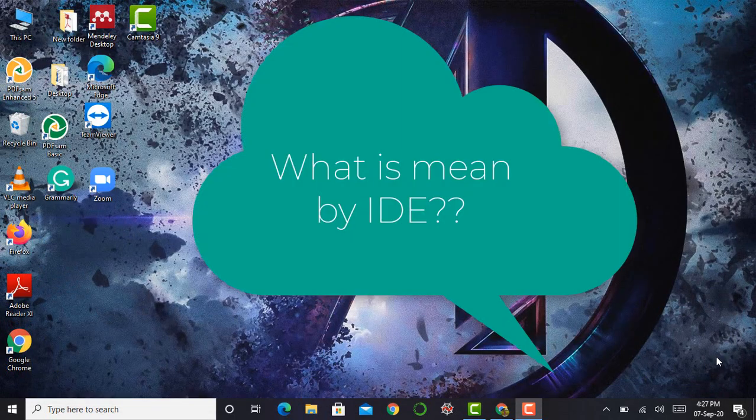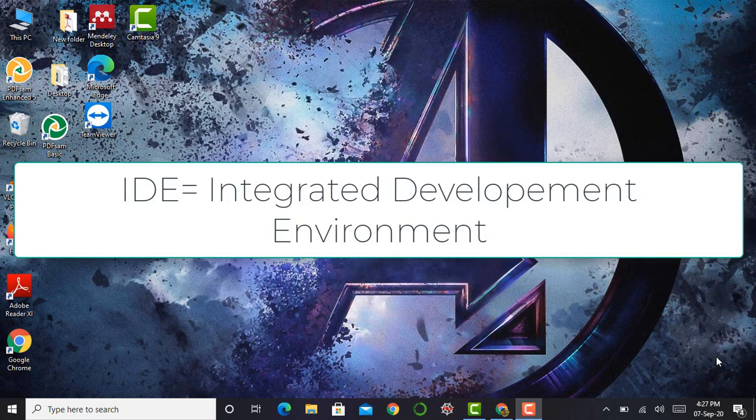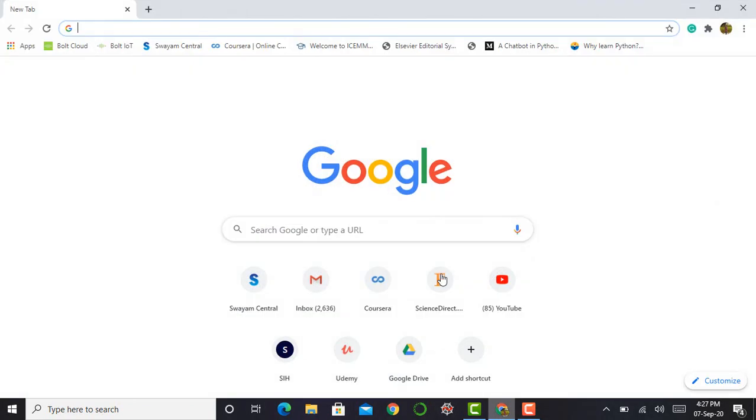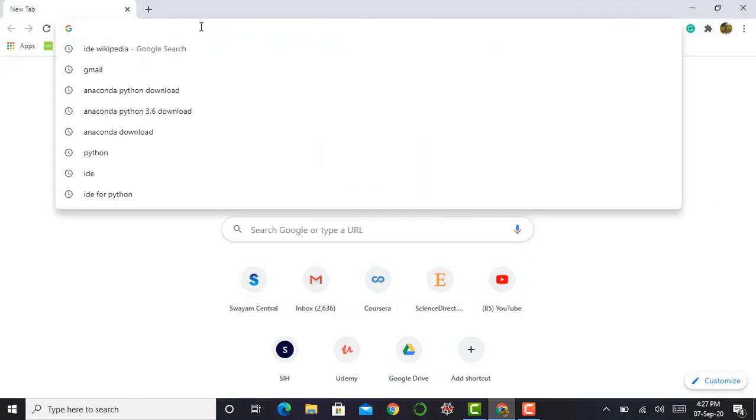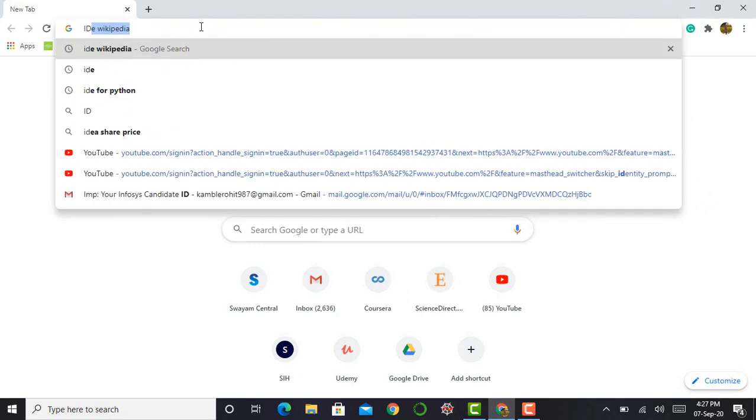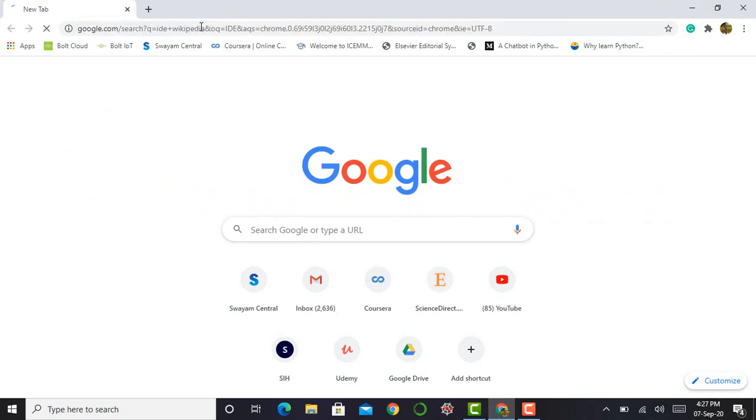So guys, the first point of today's video is what is meant by IDE. Basically, IDE is nothing but Integrated Development Environment. For a proper definition, we can Google it or just take the Wikipedia definition.